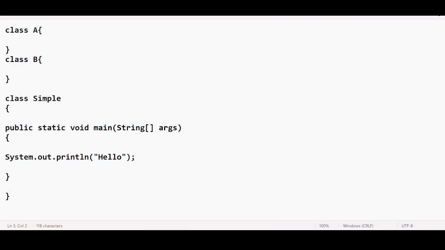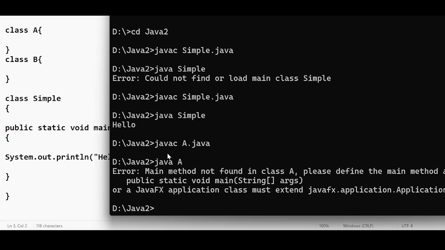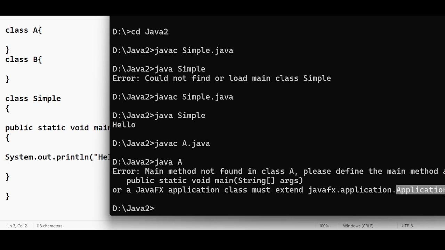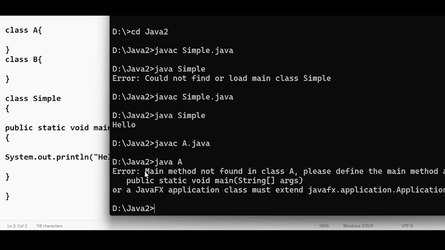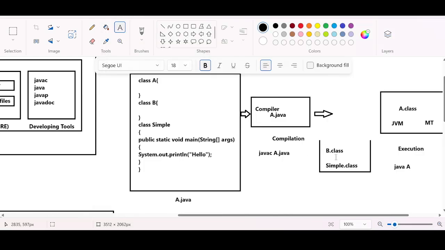Okay, if you're executing this, it will say, hey boss, you are asking me to execute an a.class file, but I am not able to find the main method in the a.class file. You will get this error. If you are getting this error, there is no option to execute. Can I conclude that always,